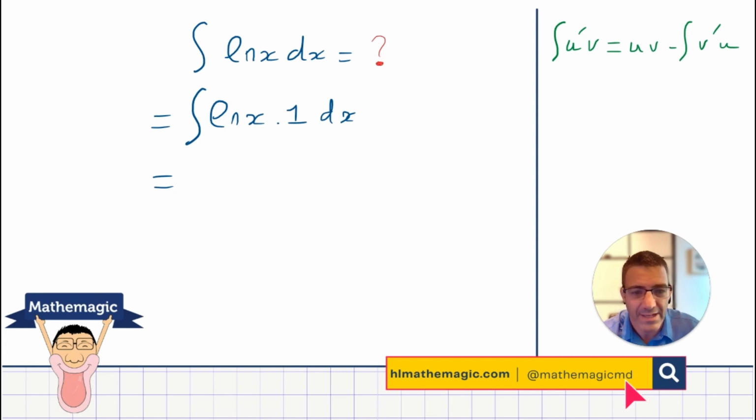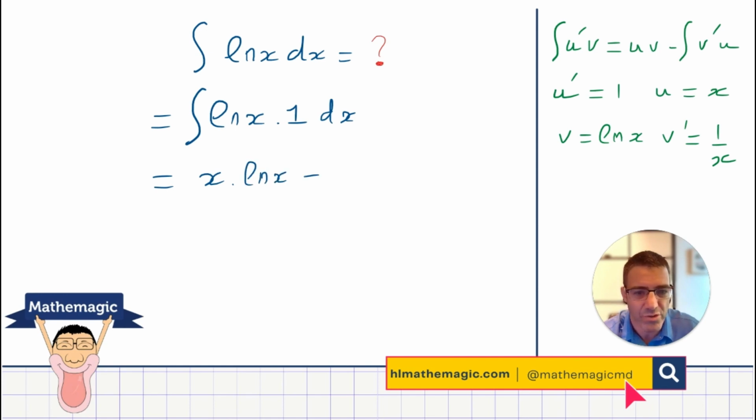And so picking that direction for our integration by parts, we can say that u dashed is equal to 1, so that u is equal to x. And then we can say that v is equal to ln x, and so v dashed is going to be 1 over x. And substituting our values here, we can say that this is equal to uv, so u is going to be x times ln x